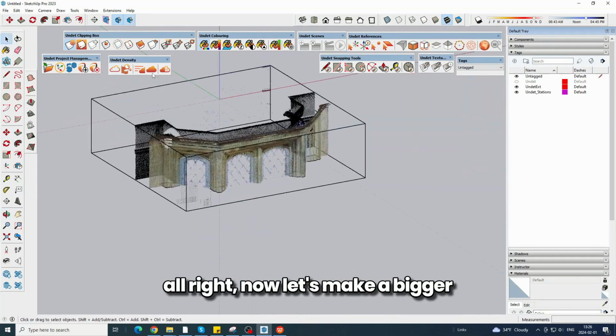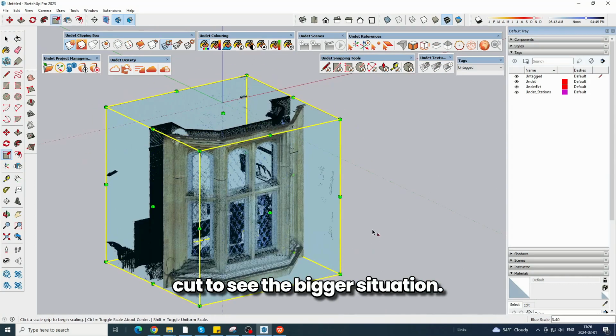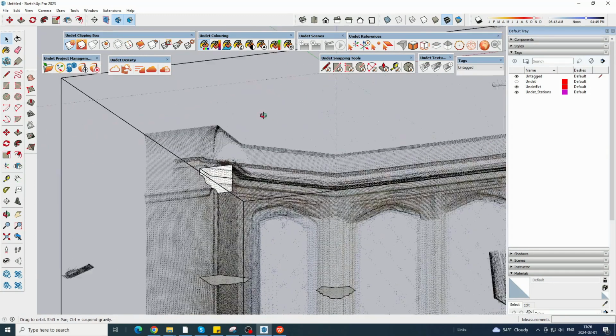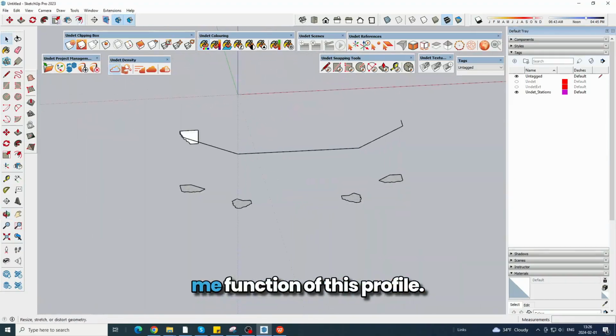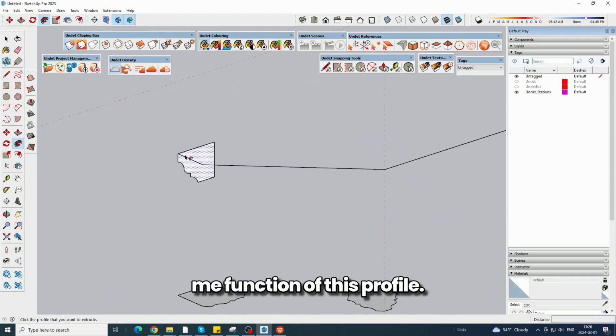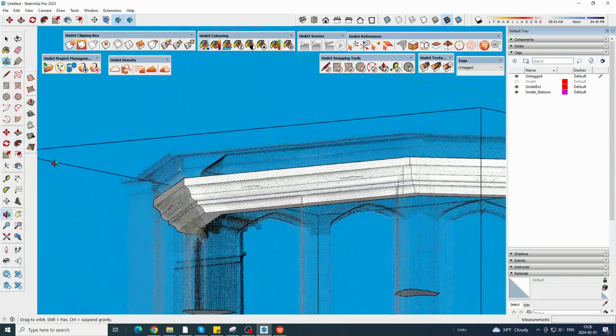Now let's make a bigger cut to see the bigger situation. Okay, let's try to use the follow me function of this profile. See if it's good. Looks like